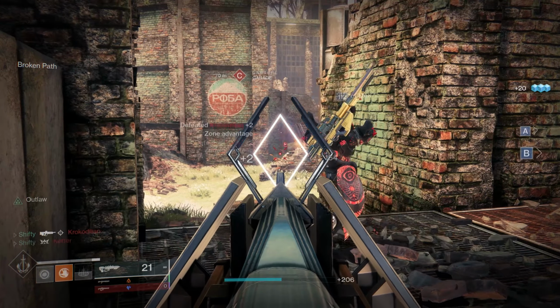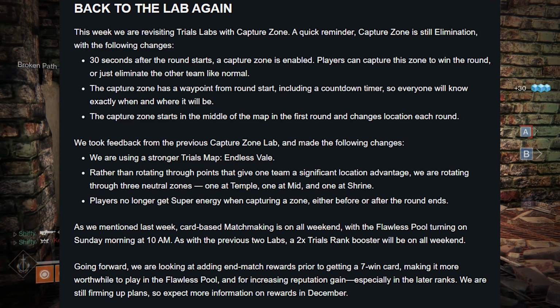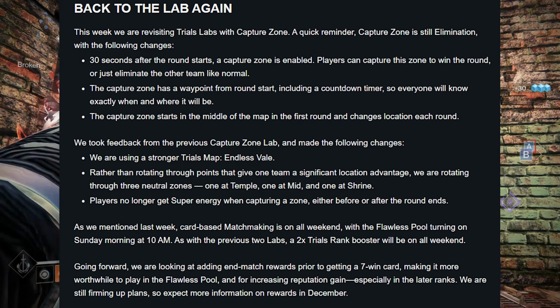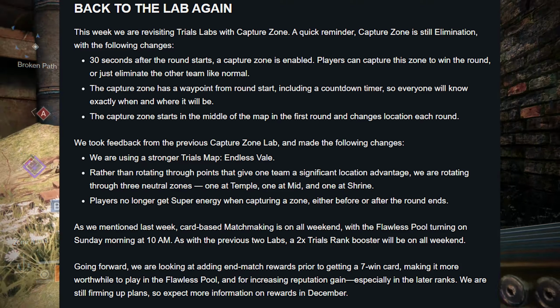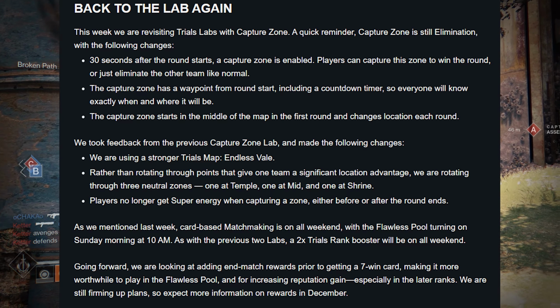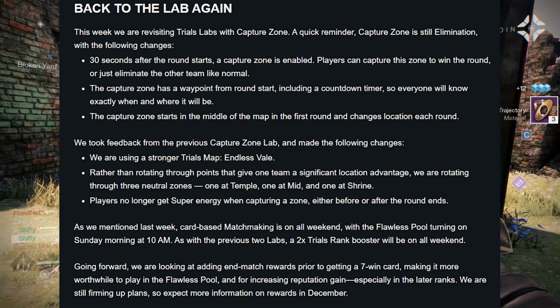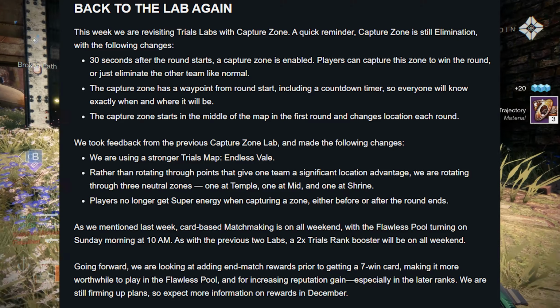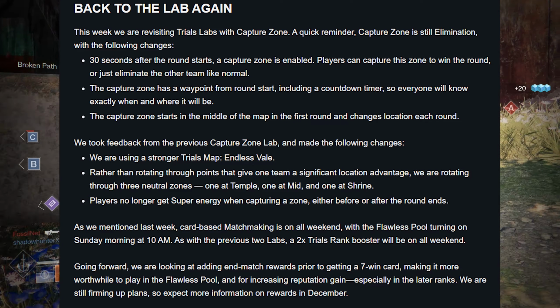Next up, Bungie announced that the capture zone is back for the Trials Labs this weekend. However, they have made a few changes from last time. 30 seconds after the round starts, a capture zone is enabled. Players can capture this zone to win the round, or just eliminate the other team like normal. The capture zone has a waypoint from round start, including a countdown timer, so everyone will know exactly when and where it will be. The capture zone starts in the middle of the map in the first round and changes